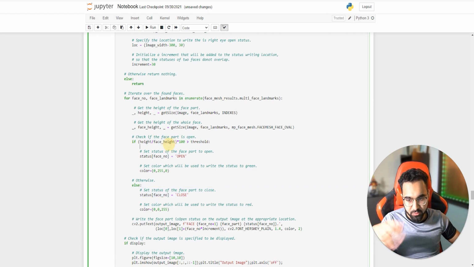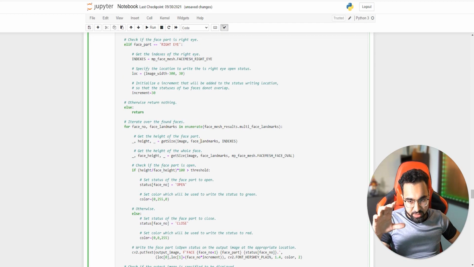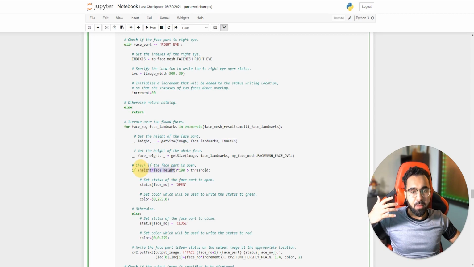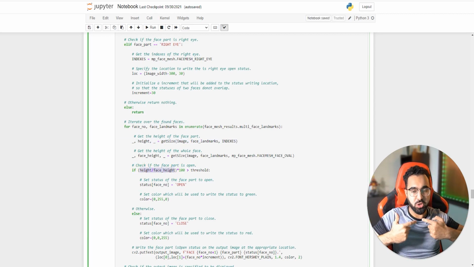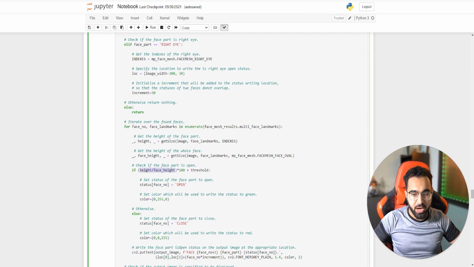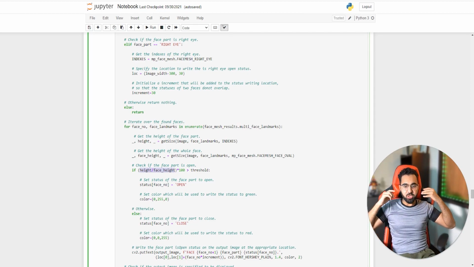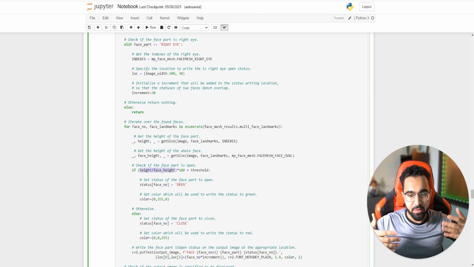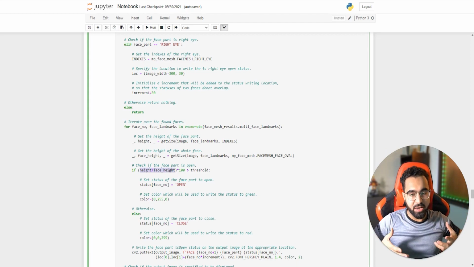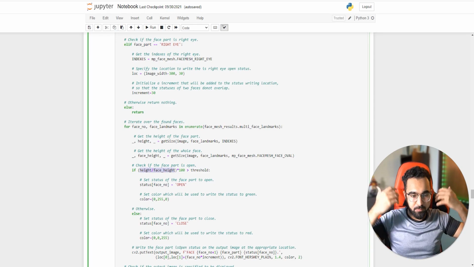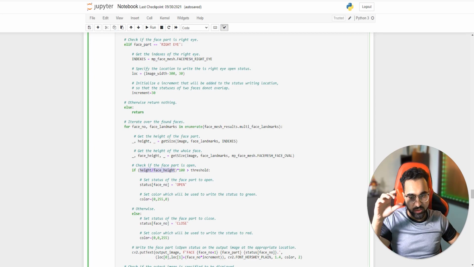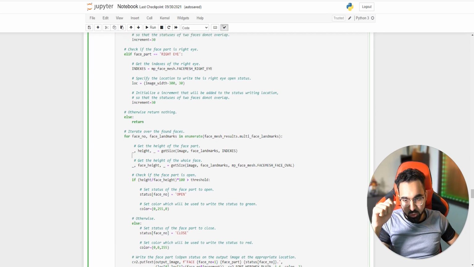The rest of the things are just makeup. For example, I'm going to call the getSize function to get the height or the size of that facial part, and I'm also dividing it by the height or width of the whole facial box. Otherwise, if I set a threshold at this location and then I'm far away, or further from the camera, that threshold would change. But if I normalize it by dividing it by the whole facial box, then that would be a normalized threshold that would work across all sizes. So that is what I'm doing here.